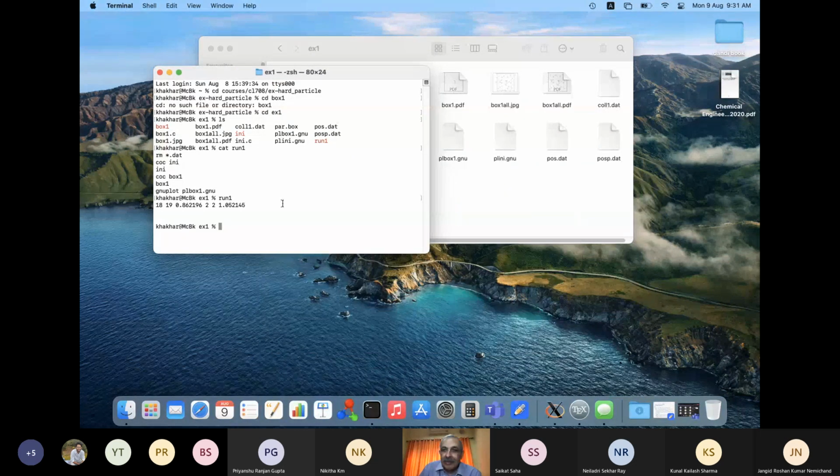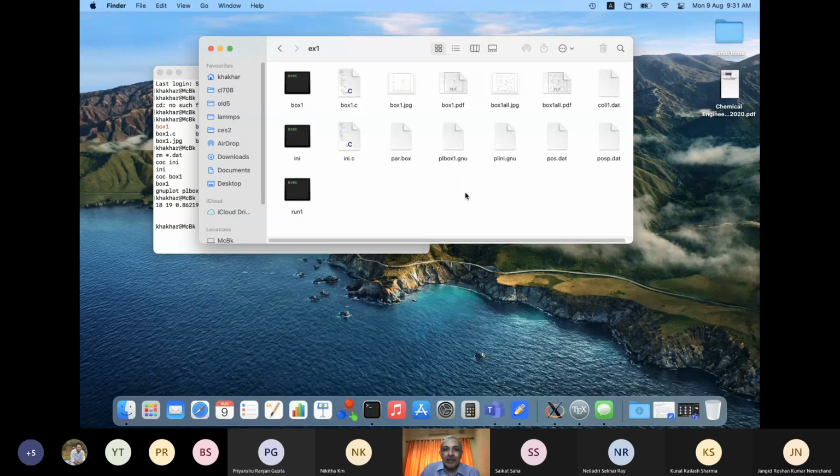And that's it. So with that, I'd like to end. And if you get a chance, please try this out. And we'll do more example problems regarding